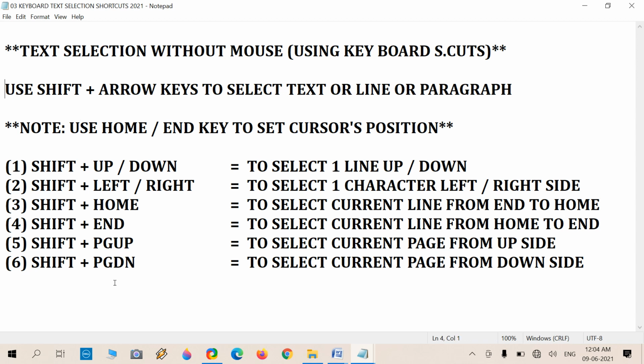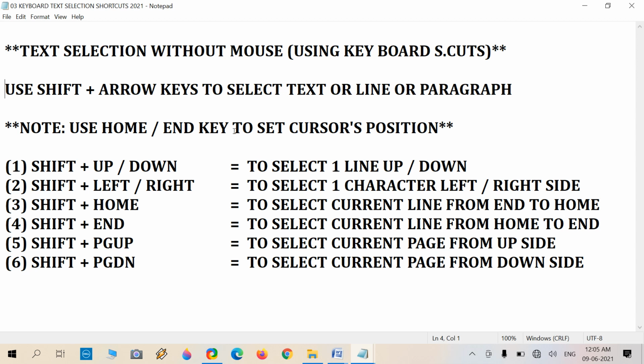If your cursor is here, this is the home of the current line, and this is the end of the current line. If your cursor is at the end of the line, this is called end and this is called home. There are two keys with these names available on the keyboard: the Home key and the End key.